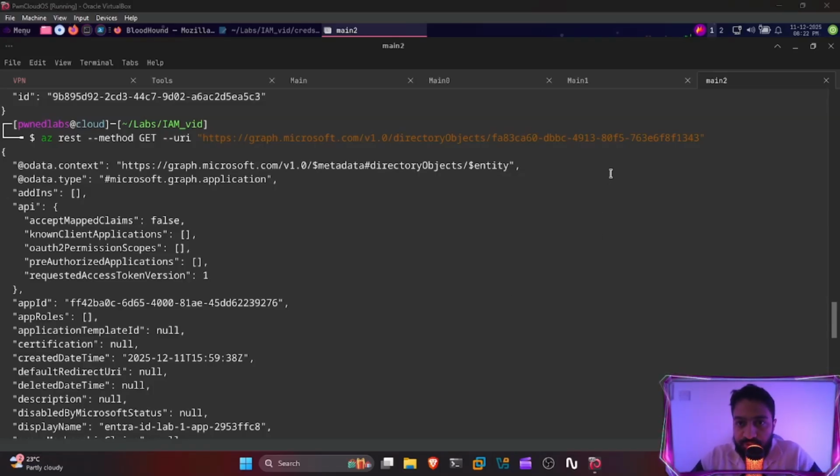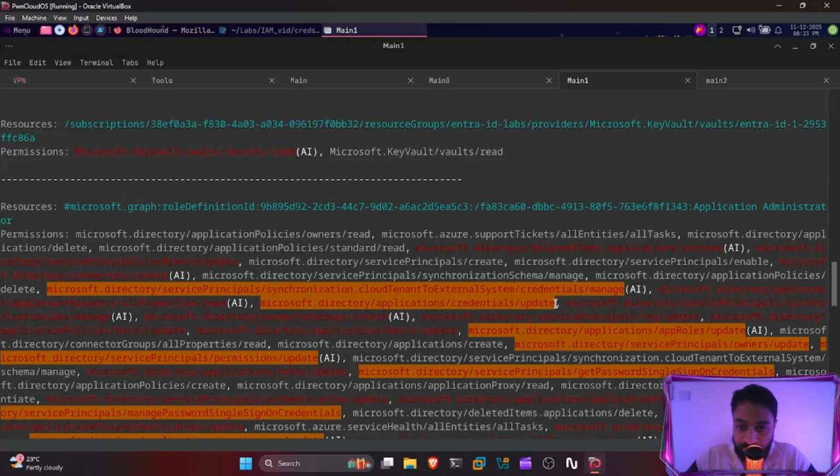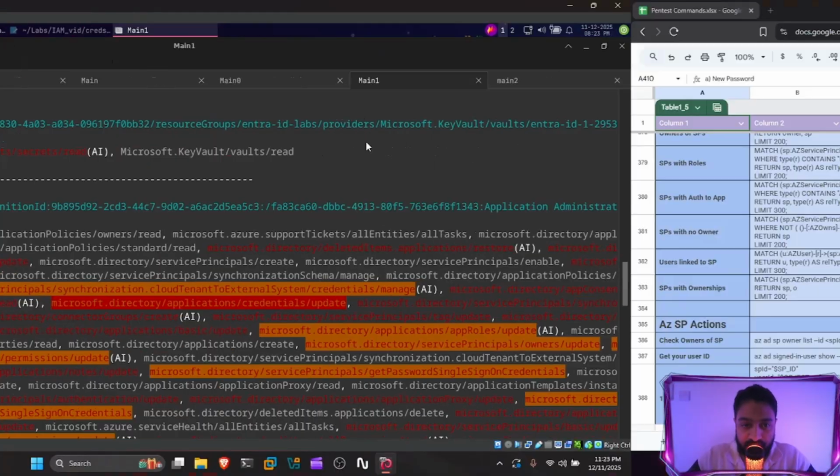Now, in order to abuse this, we're going to want to utilize our application administrator role. And that means that, for example, in this role right here, we can update the credentials for the application. Now, this is less of an enumeration technique, so I'll get over it pretty quick. But I want to showcase one thing that I also really like to do throughout my training and throughout my just gaining experience in any way, which is if I'm abusing this, and I abused it successfully, then I take it, I copy it,